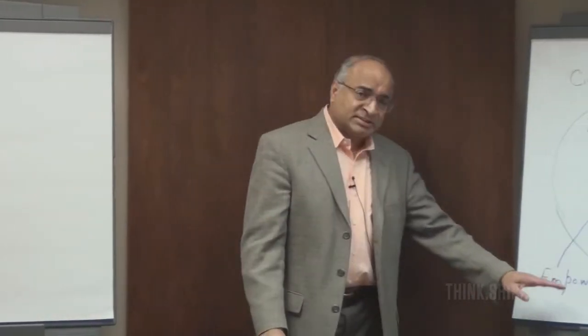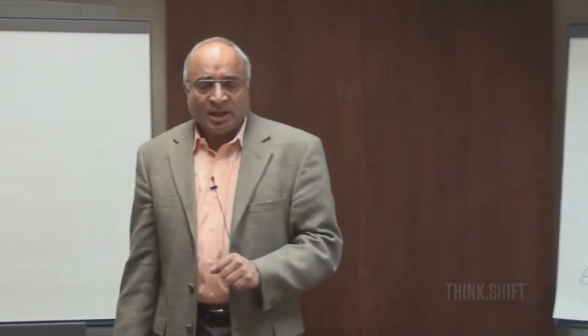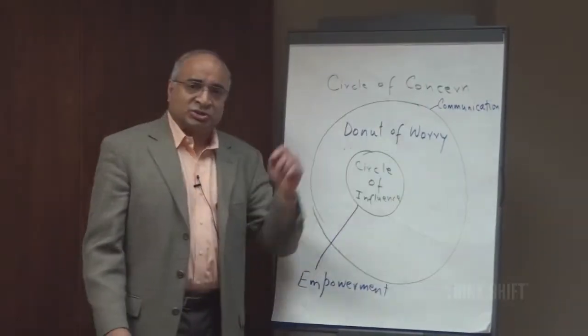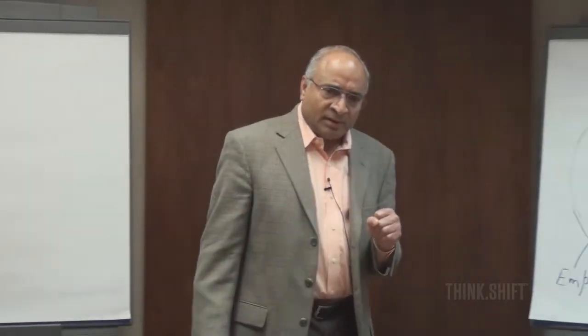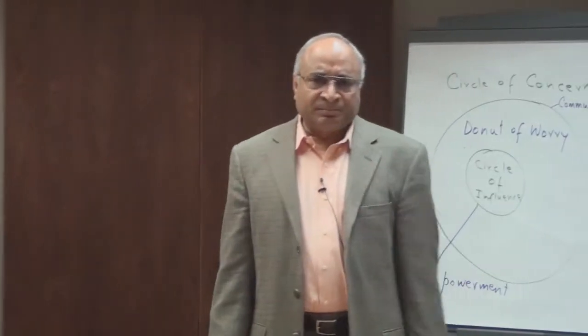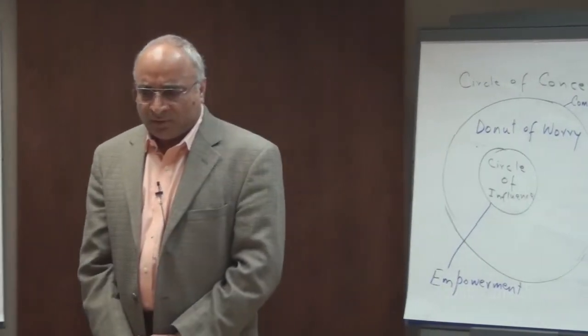It is quite easy to understand why empowerment increases the circle of influence. But it's a bit more difficult to understand why communication reduces the circle of concern. To illustrate that, let me give you a little example. Now, I'm a speaker. I travel for a living. I'm on the road every week. My wife, she's an artist. She's at home in a studio all week.